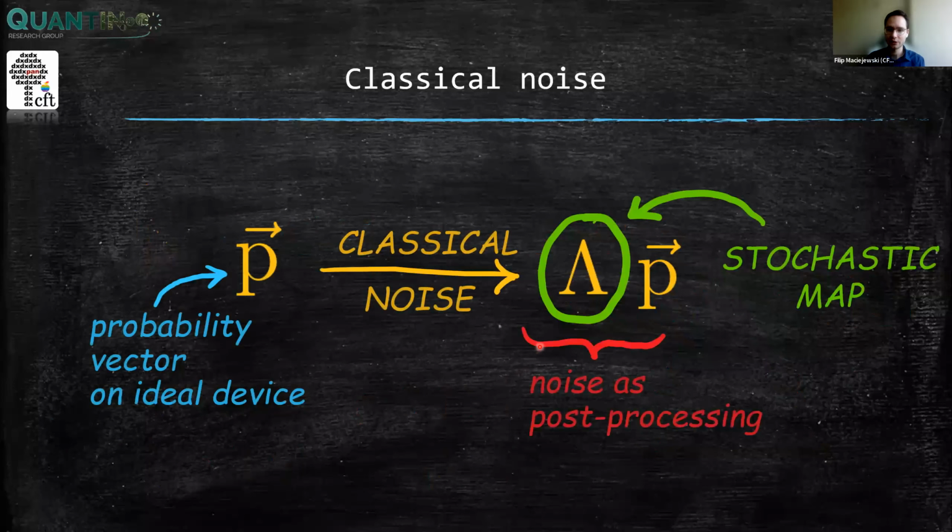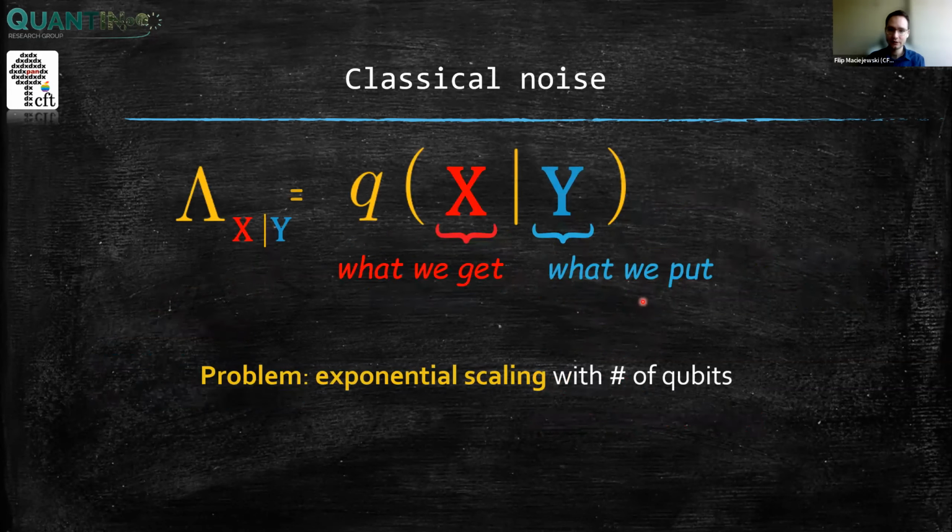Okay, so in general, on a noisy device, we sample from a probability distribution that is related to the ideal distribution that we would like to have access to samples from by some stochastic map. So on an actual quantum device described by this classical noise model, we have access to samples, the measurement outcomes, from this probability distribution. In this scenario, the task of noise characterization boils down to characterizing such stochastic maps. Unfortunately, without any assumptions, this is exponentially hard with the number of qubits, which is a big problem.